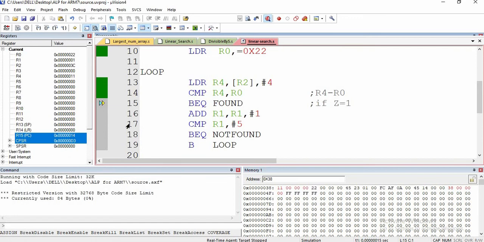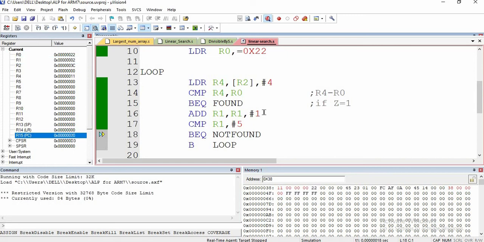According to that, we will see that this branch instruction does not execute because R4 was not equal to R0. When I press F11, it jumps to the next instruction, that is add R1 by 1. Now we will increment the index by 1. I'm going to press F11. Now it became 2. At this point, we are saying that we have started the comparison of the second element, and we will compare that one with 5.